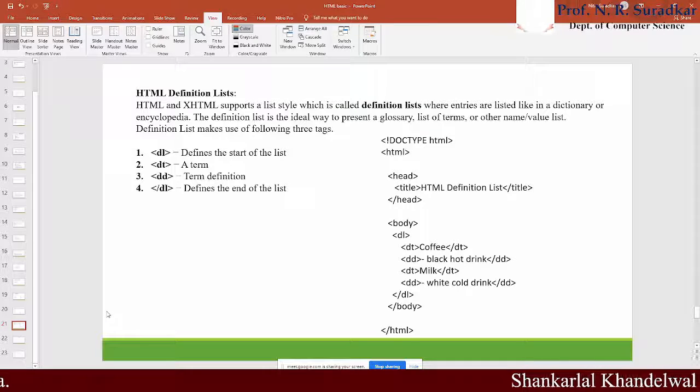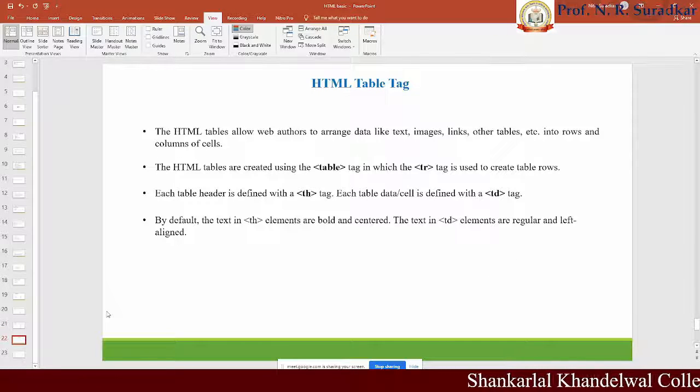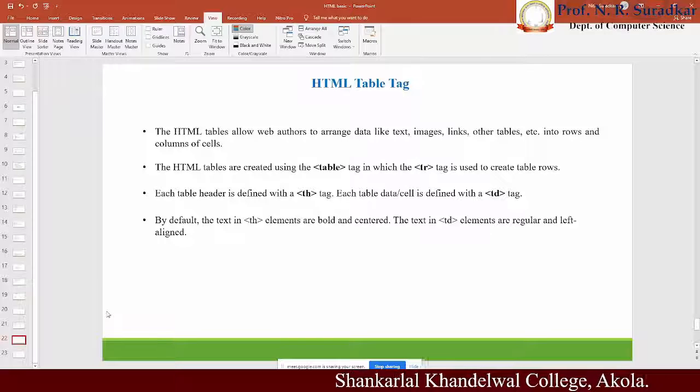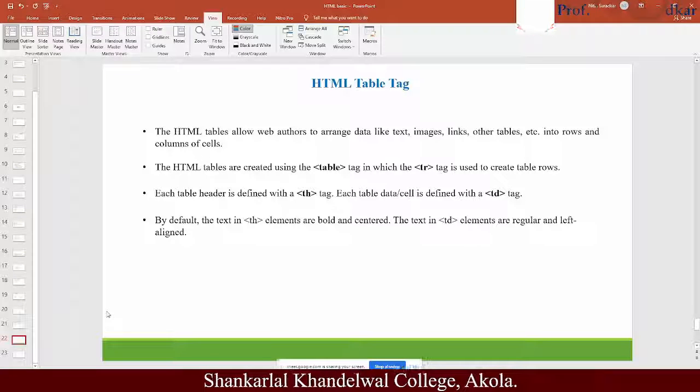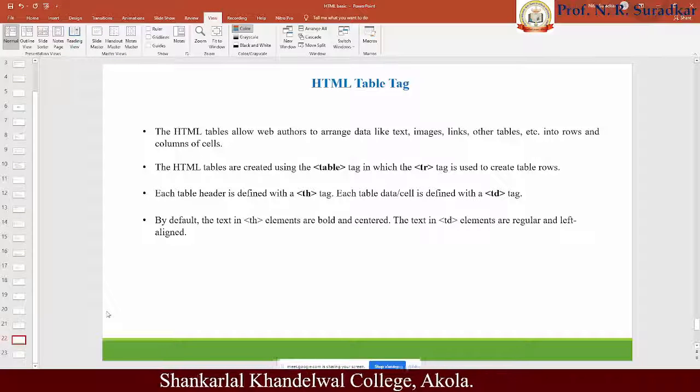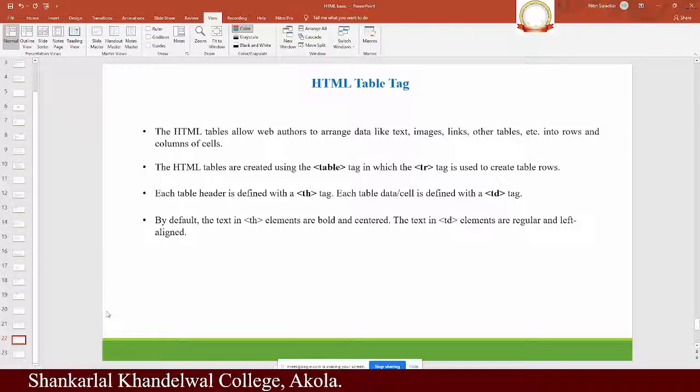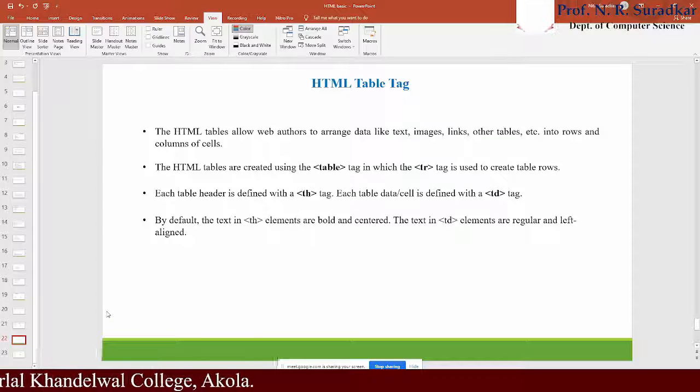Next is a very, very important tag and the last tag of your HTML up to your syllabus. This is not the last tag of HTML, but according to your syllabus, this is your last tag. This tag is the table tag, meaning whatever table or format of table you want to use in the web page can be put with the help of the HTML table tag.